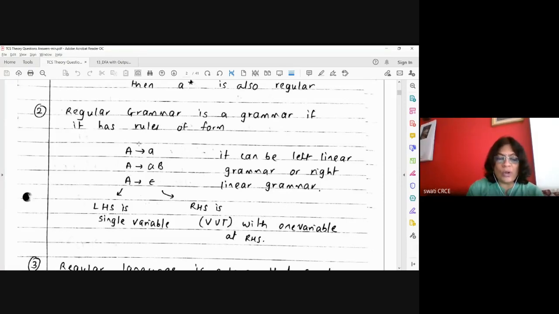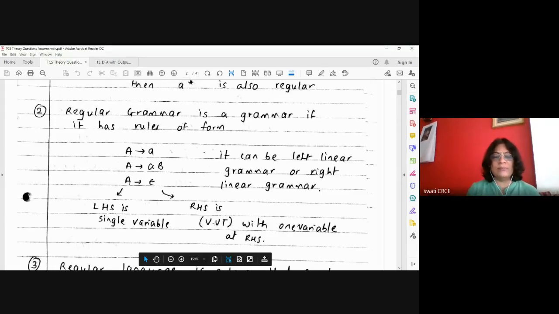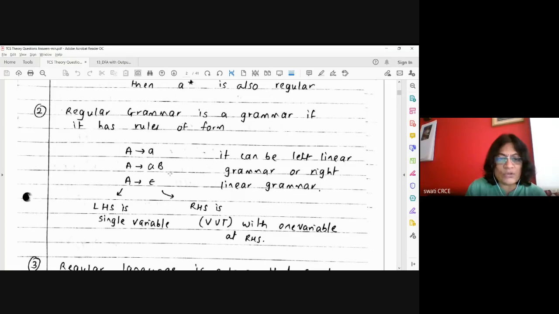What you can observe from these rules is that for regular grammar, your left hand side is always a single variable, and the right hand side is a combination of variable and terminal symbols. So V union T. If you are not understanding what is meant by V or T, you can remember that it is a combination of small case and capital letters. Capital letter means node. So leaf and node, a combination of leaf and node is also possible, and even epsilon is possible.